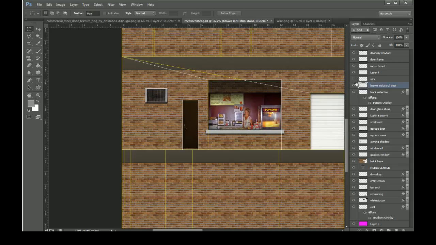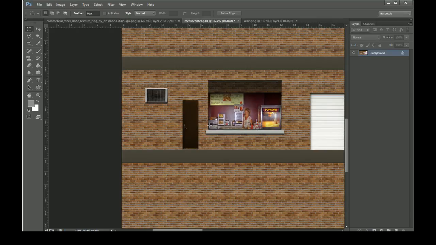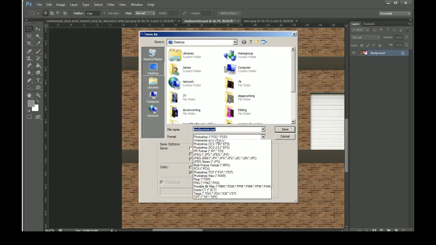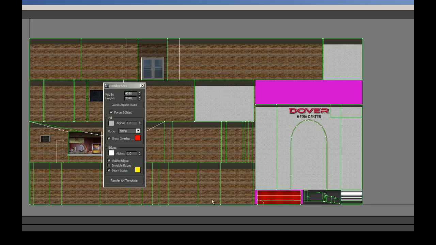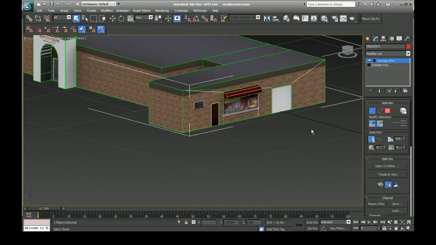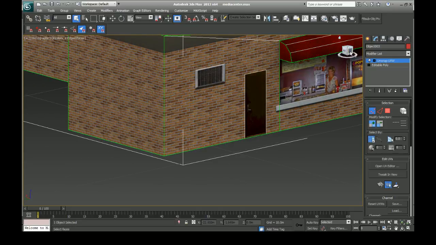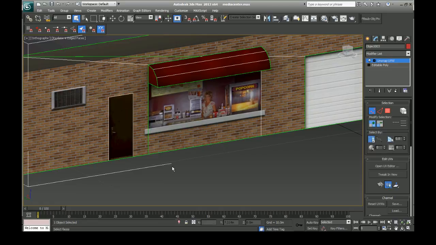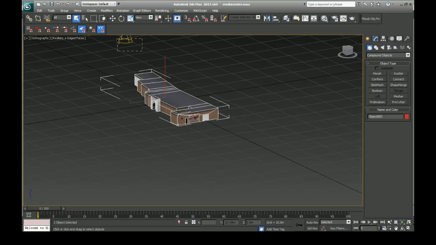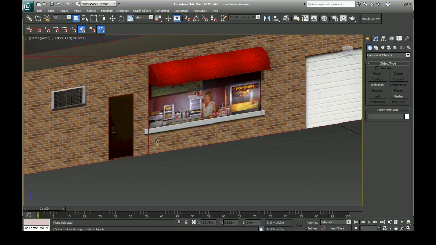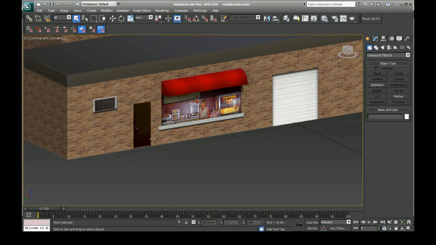Same as painting a car, you want to make sure you turn your wireframe off. I'm going to save the PSD file, and then I'm going to flatten it and save it as the bitmap, and go back to my model, close the editor, and now you can see we have that brown door. And on the model itself, I'm going to disable this light here. Hopefully I can get a quick render out of it. And I'll turn edge faces off so you can see that door is exactly 3 feet wide and 7 feet tall,